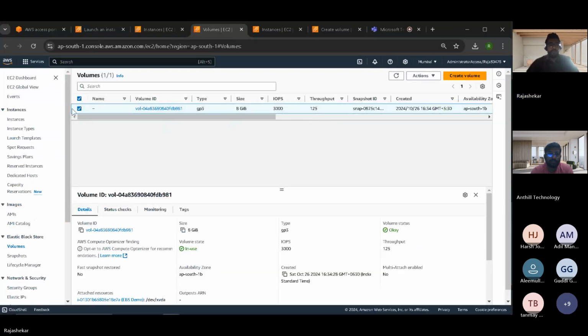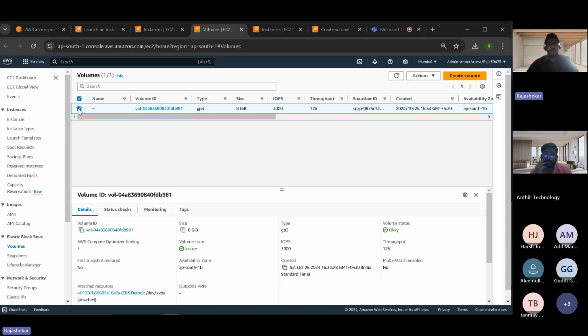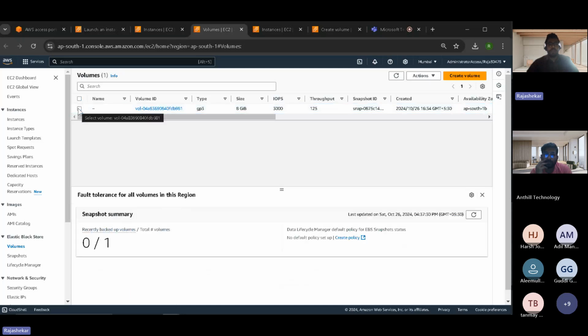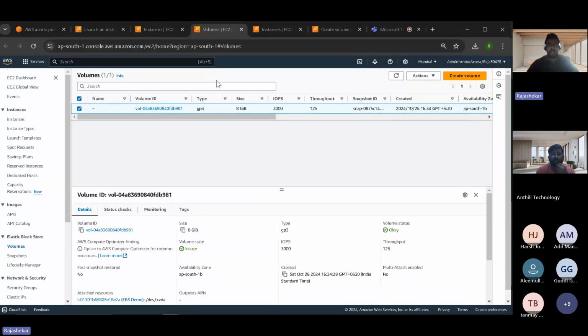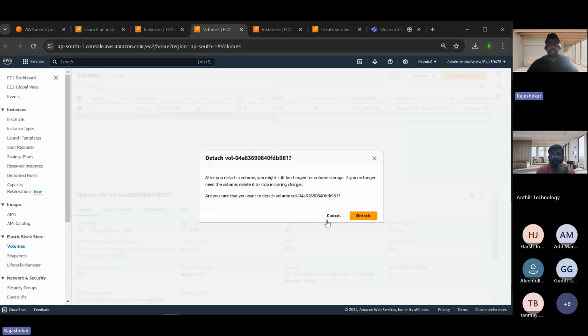I'll explain that. We can see this EC2 instance is having only one disk. It is a root disk, so we can easily detach this volume. How can we detach? You just go here, where the volume is. If you go there, there is an option called detach volume. If you want to detach, you just click here, and the volume will be detached from that